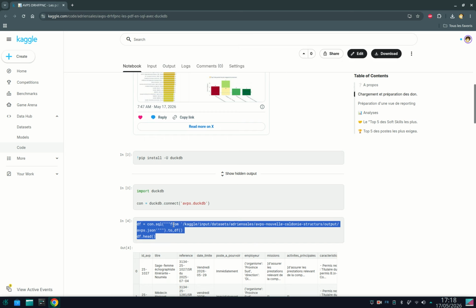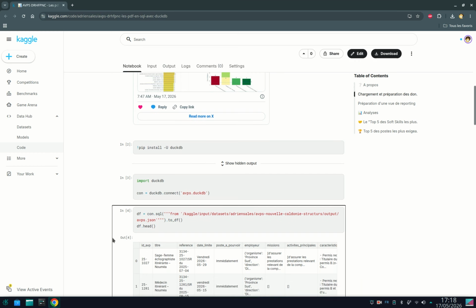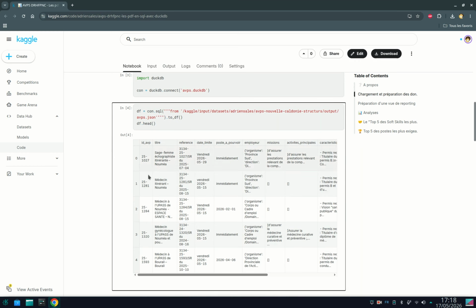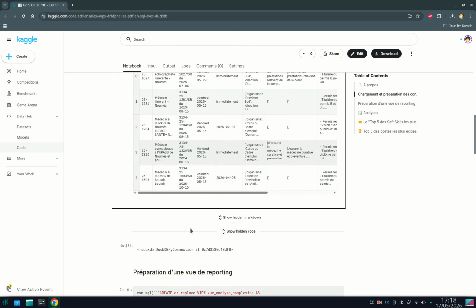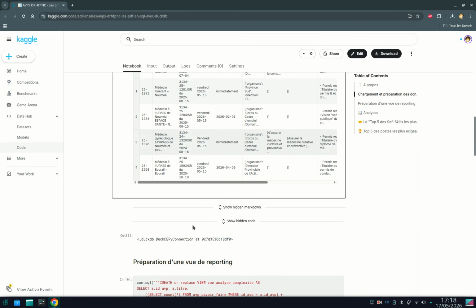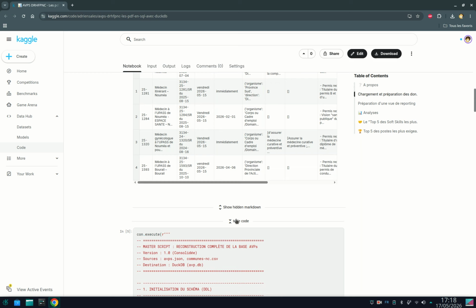I just have to use FROM and then put the path to the JSONs, see the S, and then transform it into a pandas data frame, and see what are the first lines. And now here we have the answer. So it's a very interesting first step, and thanks to this data and some SQL too,